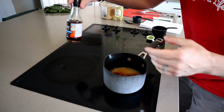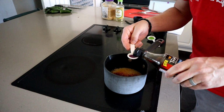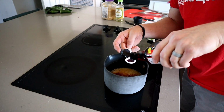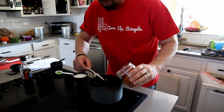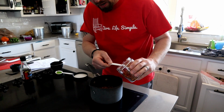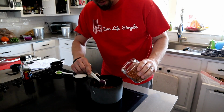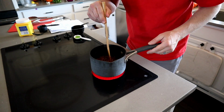The next thing is, it's optional and it's fish sauce, but we always use it. If you do want to use it, it's a teaspoon of fish sauce. And then you're gonna want 4 to 6 teaspoons of red pepper or red chili flakes. And this is gonna depend on how hot you want this because this is gonna add a lot of heat to it. We're gonna bring this up to a boil and we're gonna let it boil for 3 to 5